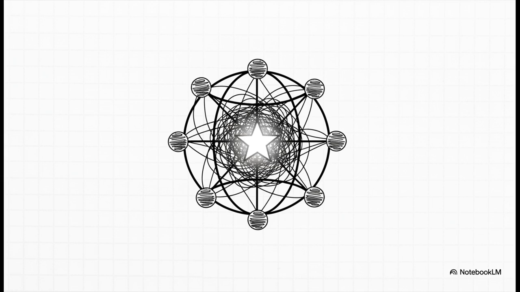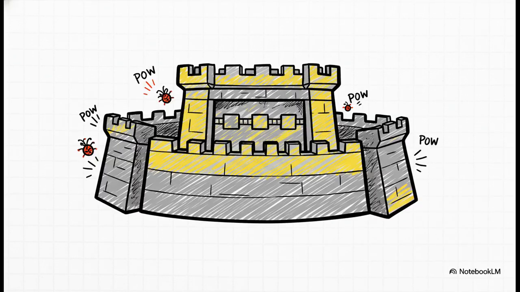Second is something called network convergence. This system makes sure that a globally distributed, totally decentralized network can agree on a single version of the truth and agree on it fast. Reaching that consensus quickly without any central boss telling everyone what to do, well, that's kind of the holy grail for a system like this. And finally, we've got robust security. That multi-layered system of rules we looked at, it isn't just for performance, it's a fortress. It's designed to make it practically impossible for anyone to manipulate the selection process, which prevents attacks and protects the integrity of your transaction history, even when things are moving at incredible speeds.